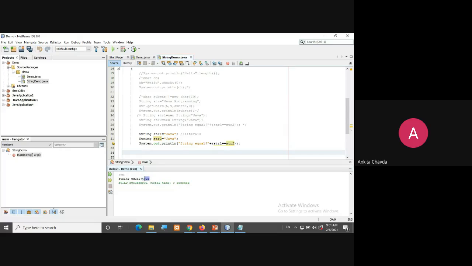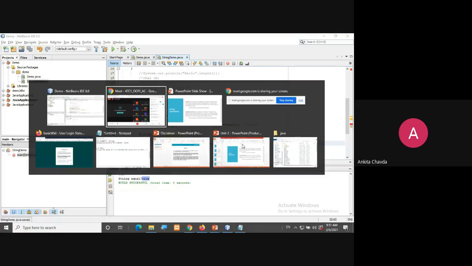They are giving me true. But for the same thing written over here, where I am creating the objects, if I take string1 equal equals to string2, it returns false. So I just want to know the reason for this, if anybody knows.